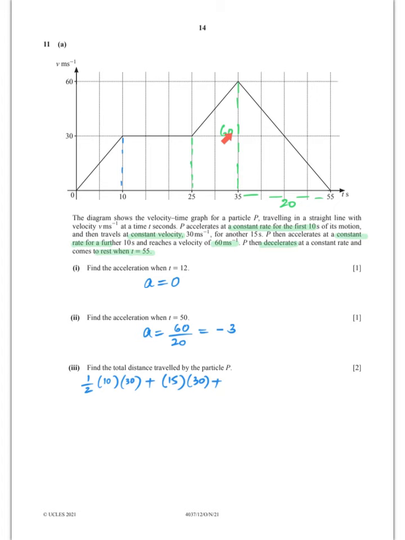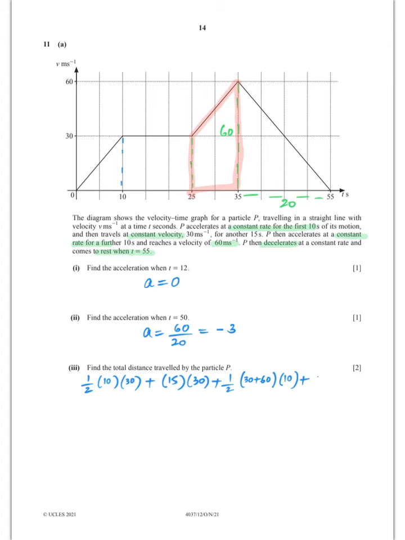Now, if you observe this portion, that is a trapezium. All right, let me highlight it for you. So this part I am highlighting, it's a trapezium. So we need to apply the working formula of trapezium here. That is 1 upon 2 sum of parallel sides times height. Now, what are the parallel sides we have? Parallel sides are 30 and 60. So it will be 30 plus 60. And what is the height we have? The height is 35 minus 25, it's 10, plus